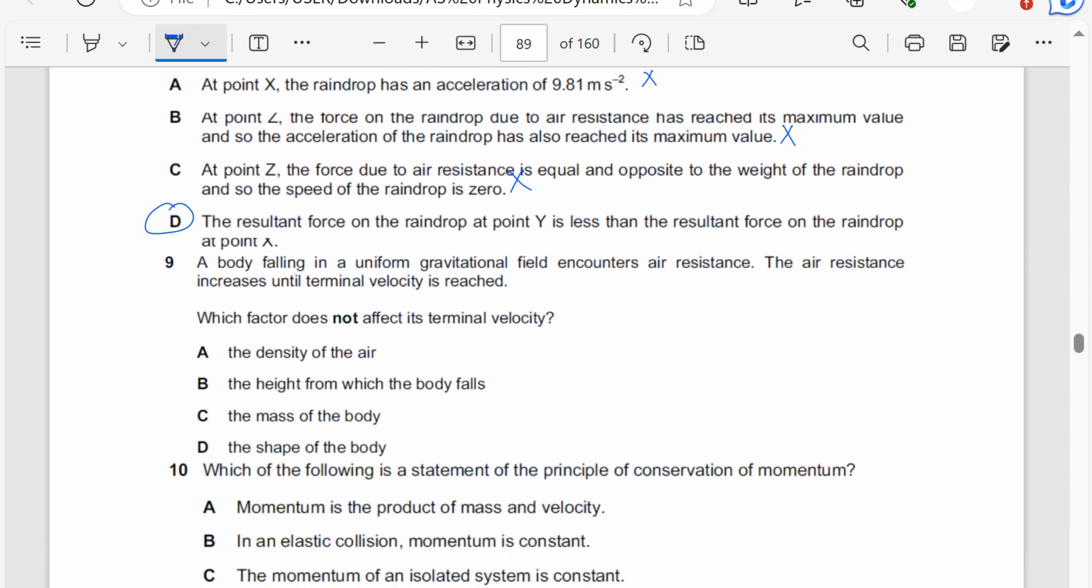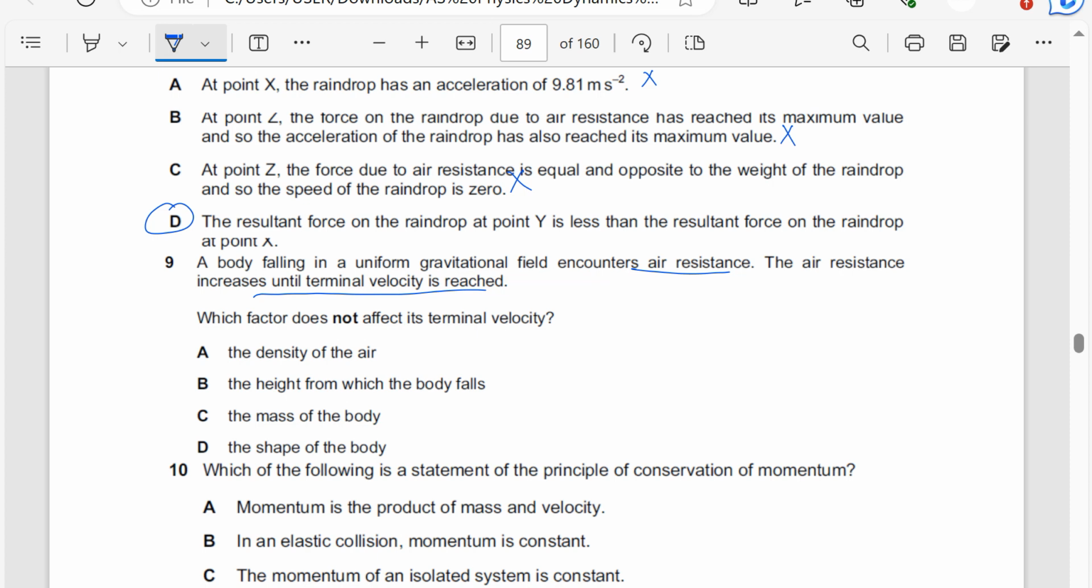A body falling in a uniform gravitational field encounters air resistance. The air resistance increases until terminal velocity. Of course, terminal velocity is constant. Which factor does not affect its terminal velocity? So terminal velocity, of course, depends on,